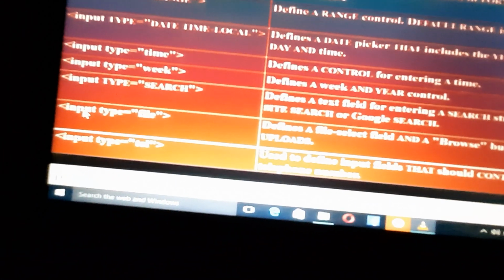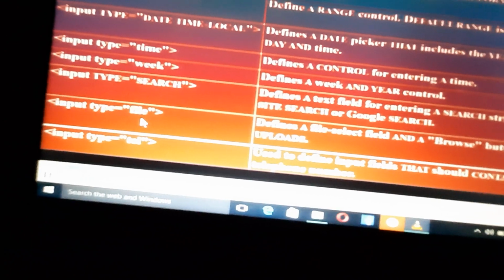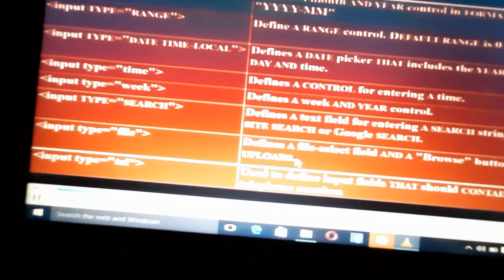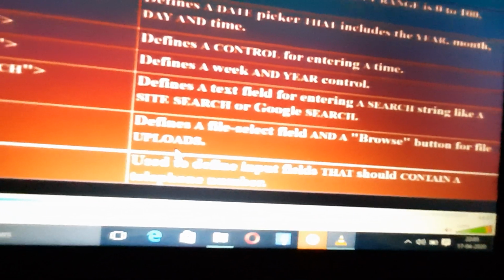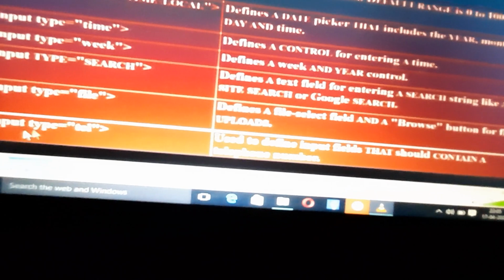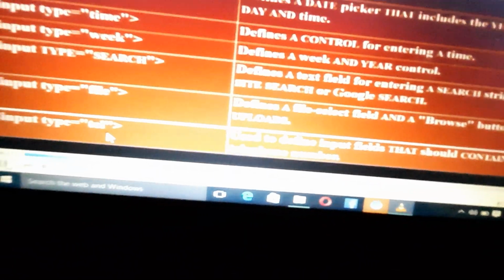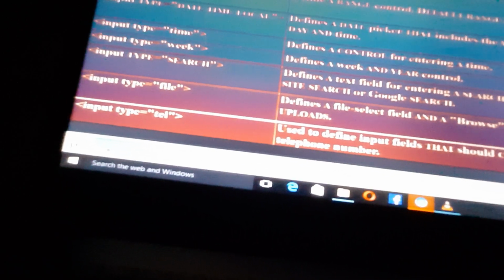Next is input type is equal to file; suppose we want to upload some file, we can upload or browse the file by using input type is equal to file. Next is input type is equal to tel, which indicates that we can insert a telephone number into our form. So by using these attributes we will try to develop one form.